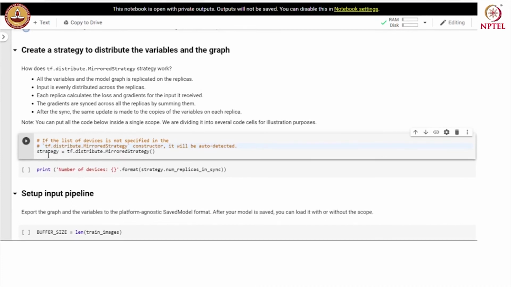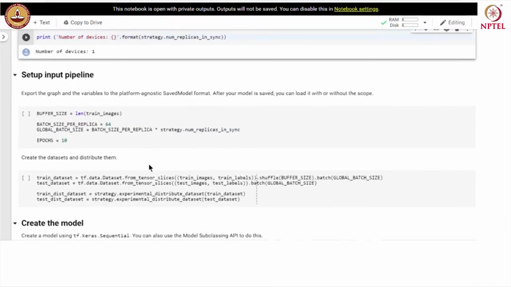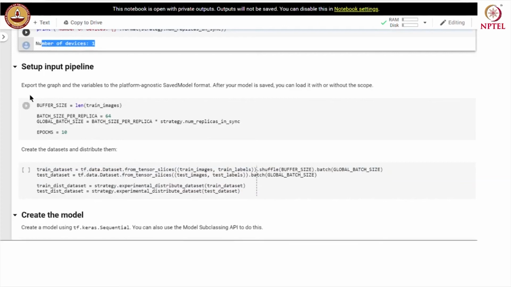So, let us create a strategy object, and this strategy object is of type mirrored strategy. We can check the number of replicas that are in sync here. So, we have a single device for our training in this case. Let us build the input pipeline.